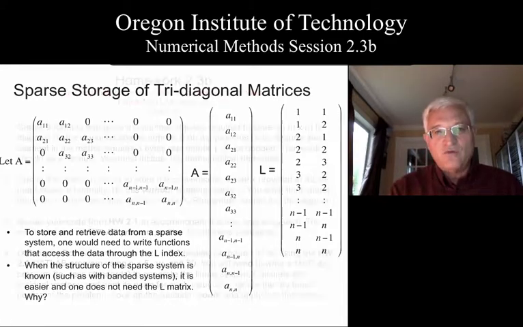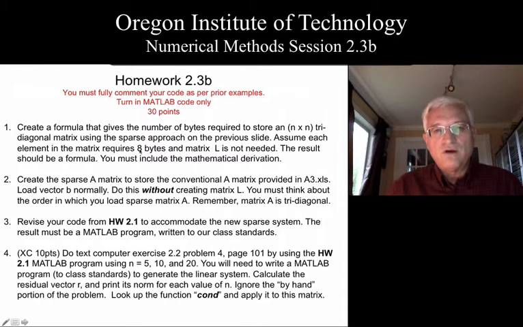And speaking of the homework, here it is. So in this homework, we are going to try to use a tridiagonal system. Don't store L, you don't need it, and you should be able to create an algorithm that reconstructs what the row and column locations should be logically. As a first step, convert that to a new matrix that is stored as a vector. Don't use the L matrix, just store it as a vector. Use the diagonal approach that we discussed in class. That's the best one to use on this.